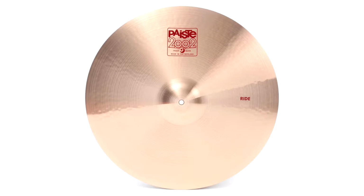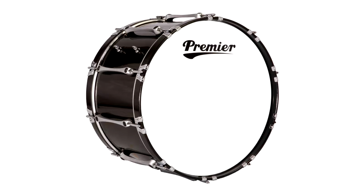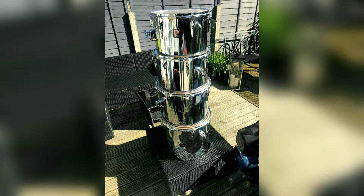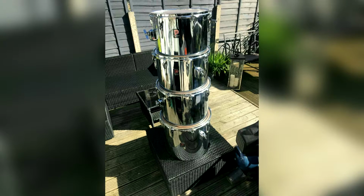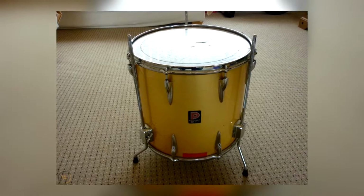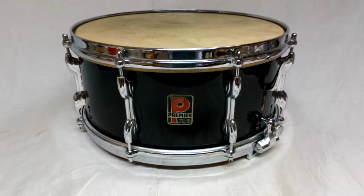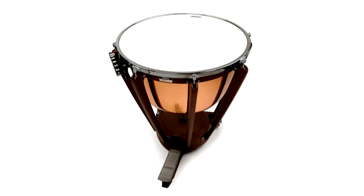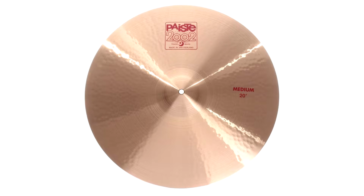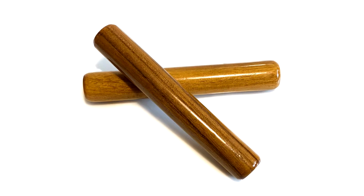All his cymbals were Paiste 2002, and the final kit was like this, which included two 22-inch per 14-inch bass drums, 13-inch per 9-inch, 14-inch per 10-inch, 15-inch per 12-inch, and 16-inch per 16-inch concert toms, 3 14-inch per 8-inch mounted toms, 16-inch per 16-inch and 18-inch per 16-inch floor toms, a 5.5-inch per 14-inch snare drum, a 22-inch timpani, two 20-inch ride cymbals, an 18-inch crash cymbal, a 20-inch crash cymbal, 14-inch hi-hat cymbals, 30-inch and 36-inch symphonic gongs, a pair of claves,